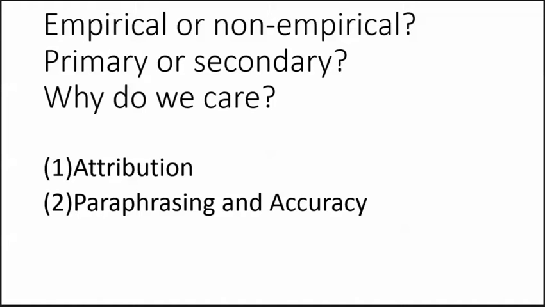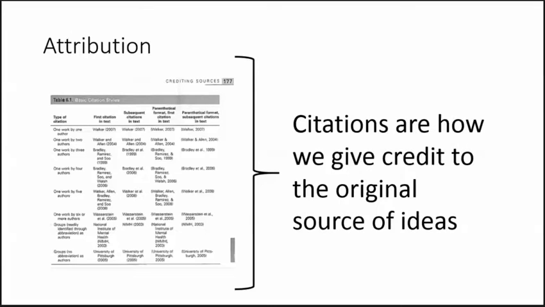I think the last unit helped us understand the differences between different types of information sources, but I want to make sure we all understand why those differences are important when we're conducting psychological research. I have a feeling you've noticed all the names and years sprinkled throughout textbooks and journal articles. You may have even heard them called citations. We'll learn about all the details of formatting citations in another unit. For now, I just want you to understand the idea.